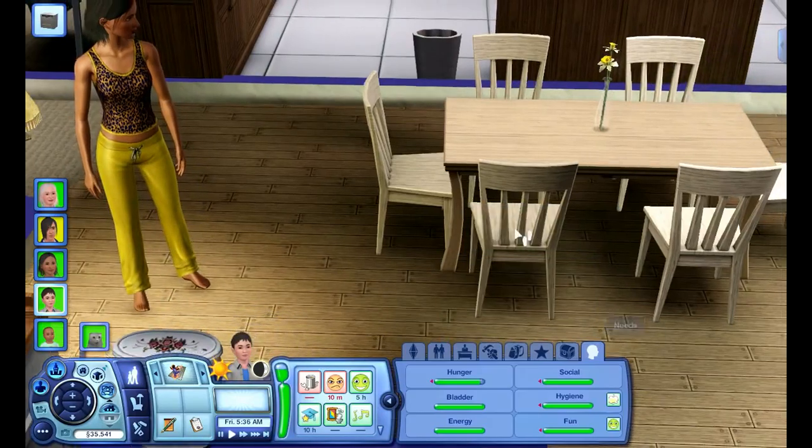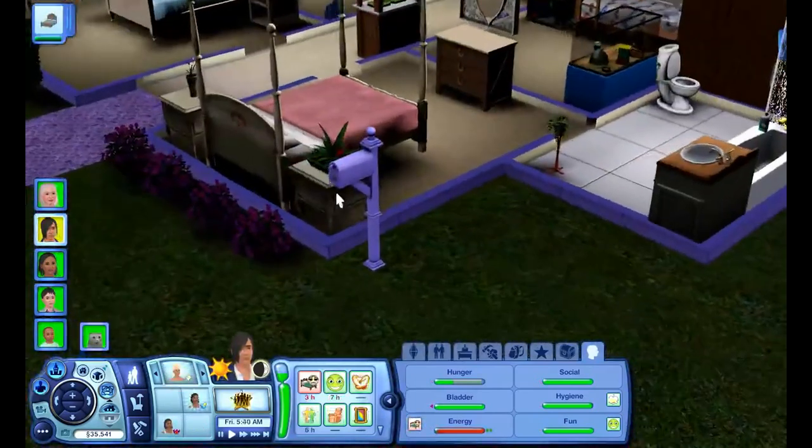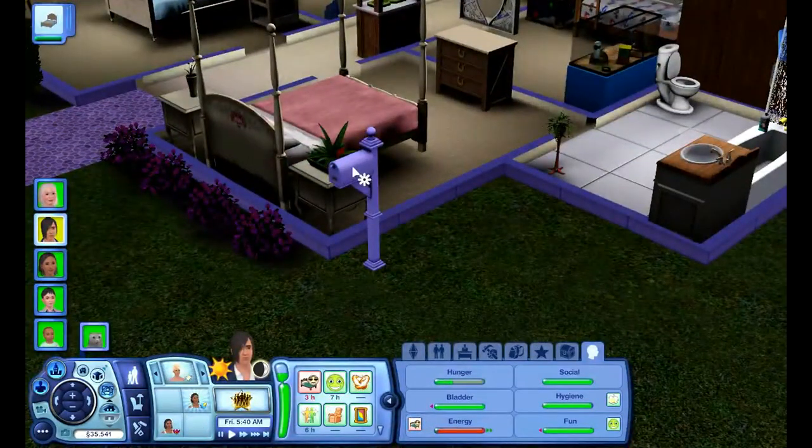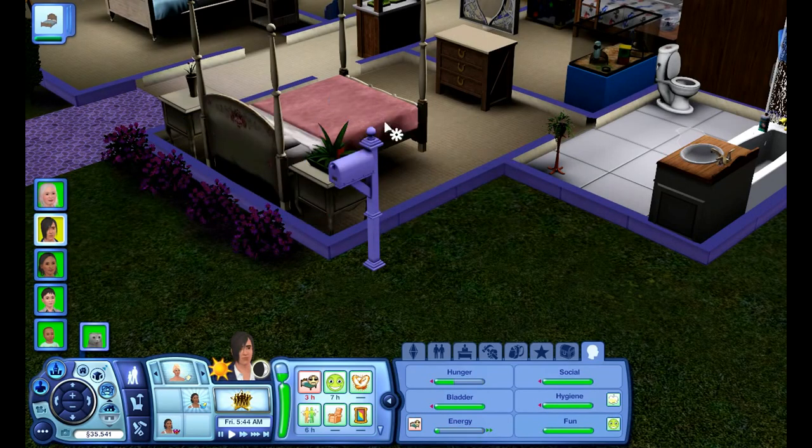But now let's say we want to make everyone in the house happy all at the same time. You press Shift and hold that down, click on the mailbox and say make all happy. Now everyone's motives in the house will just go up. And if there is a bad mood here, it normally gets rid of it, not all the time, but